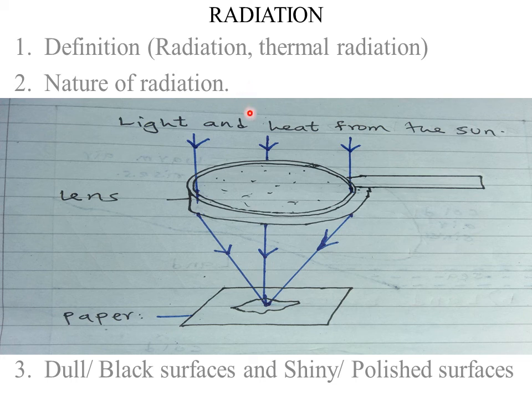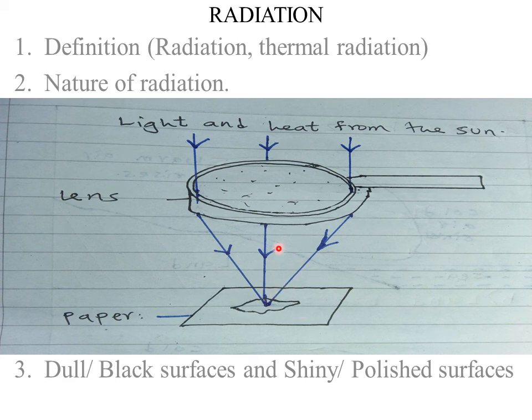So in that regard, we look at an experiment here which can be used to show that indeed electromagnetic radiations or heat radiation can cause what we call a heating effect. In this experiment, you need what we call a hand lens or a magnifying glass. We also need light and heat from the sun. So you just take the hand lens. You also need a piece of paper. What you do is take that hand lens or the magnifying glass and place it on the region where the rays of the sun can actually hit it. So you arrange the apparatus as shown in this diagram.